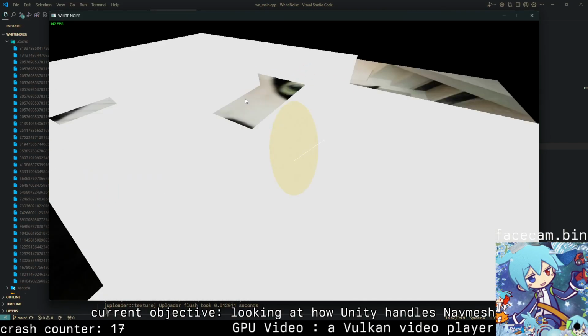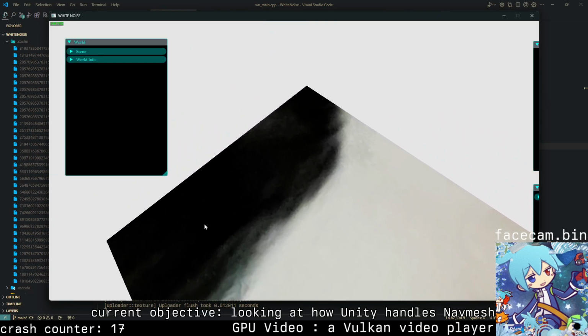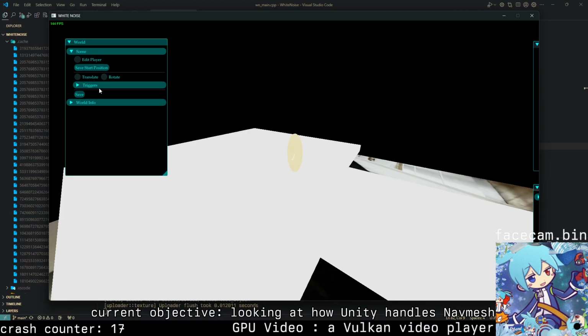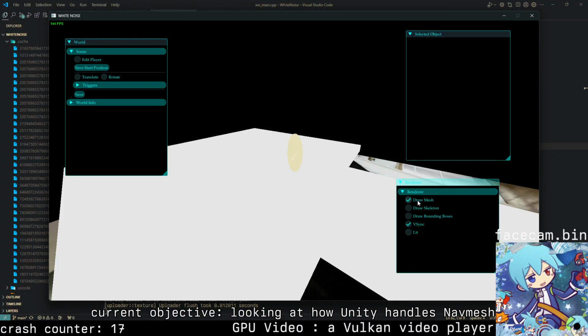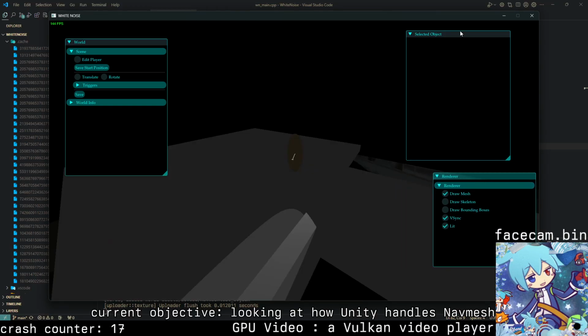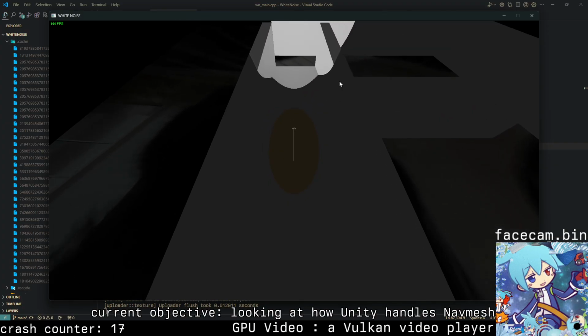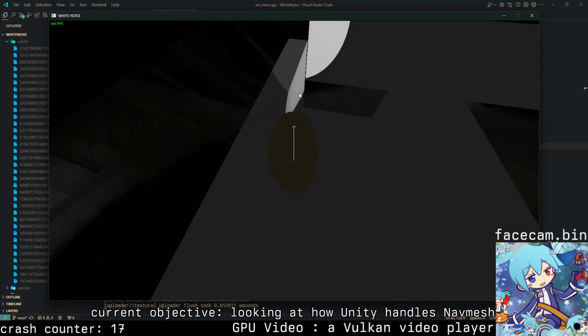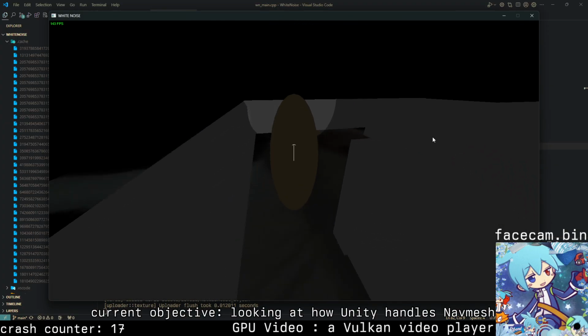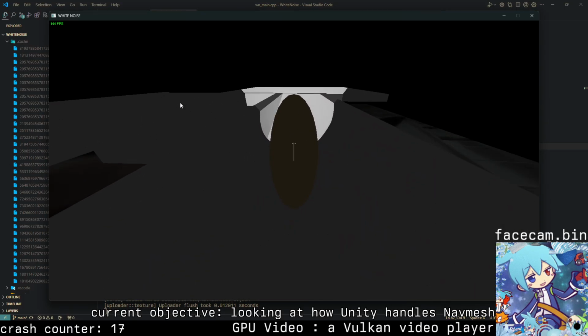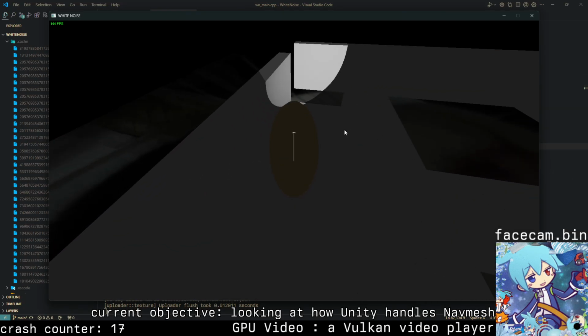Though, I should probably... how does it look when it's lit? Where's my render window? Oh, it's here. Lit. Make it lit. Oh, wait, I'm flying. Oh, yeah, I just forgot to. My phases are broken, but